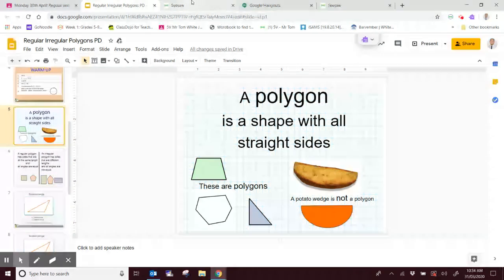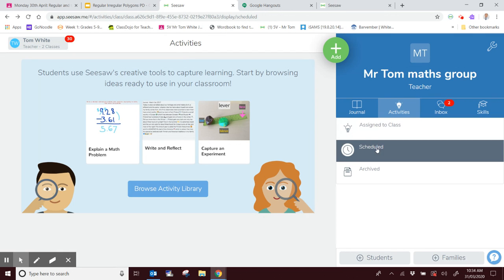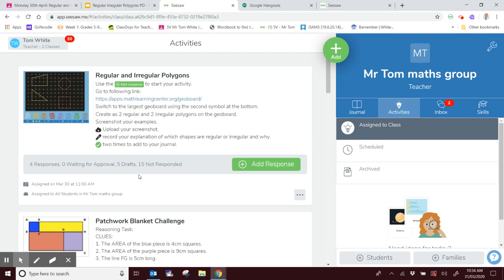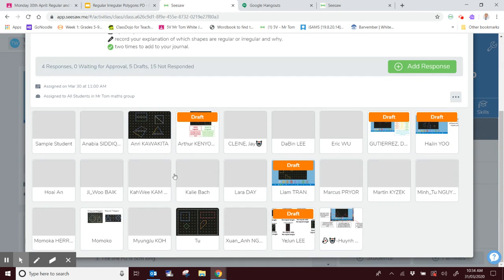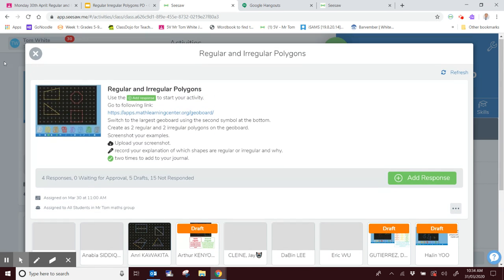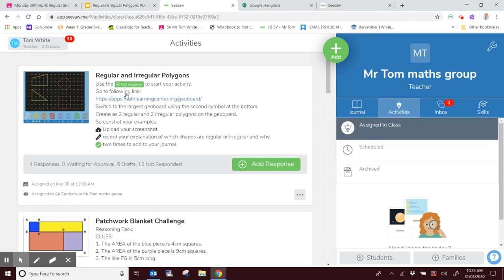Well done to those of you that completed yesterday's task. If I just have a look at these ones that you have done, a bit unfortunate really, there were only 9 of you that actually did it. So well done Anri, Arthur, Daniel, Hajin, Liam, Nguyen, John, Tu and Momoko. A lot of you were in that lesson, but not a lot of you have completed it. Just want to give a little bit of praise to some people that have done it and just to clear